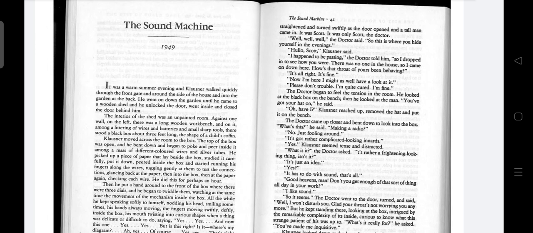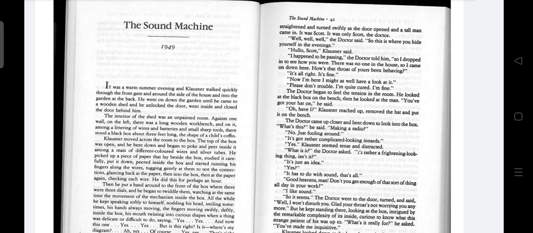The doctor came up closer and bent down to look into the box. "What is this?" he said. "Making a radio?" "No, just fooling around. It's got rather complicated looking innards." Yes, Clownzer seemed tense and distracted.